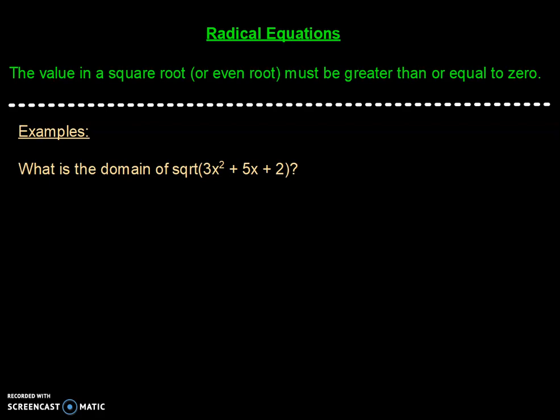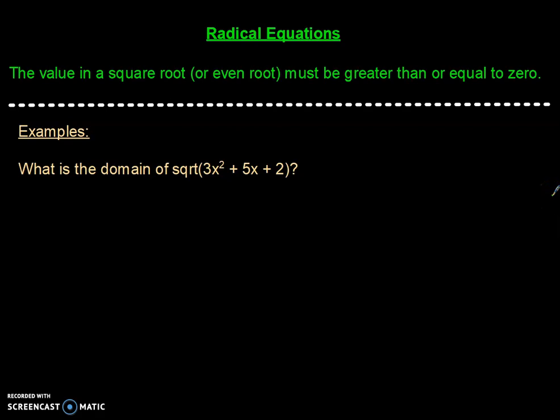Hi guys, so today we're going to go over radical equations. Just keep in mind that the value in a square root, or any even root for that matter, like a fourth root, sixth root, must be greater than or equal to 0, meaning you can only take the even root of a positive number, which does help when looking for the domain